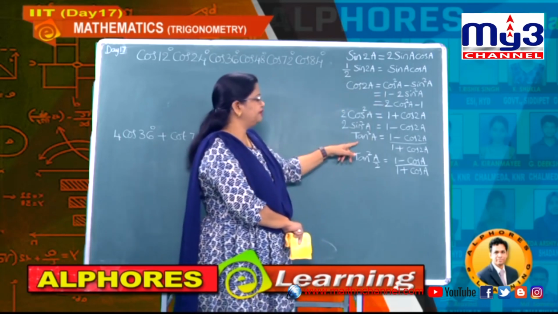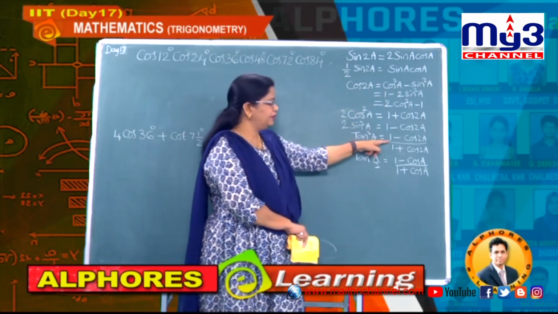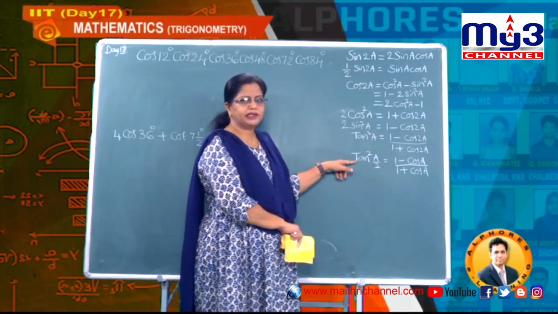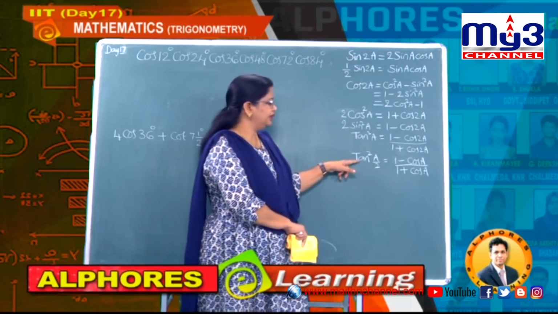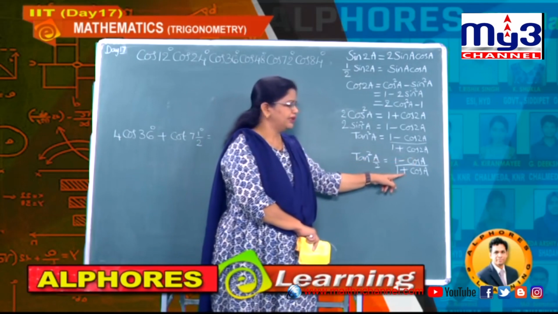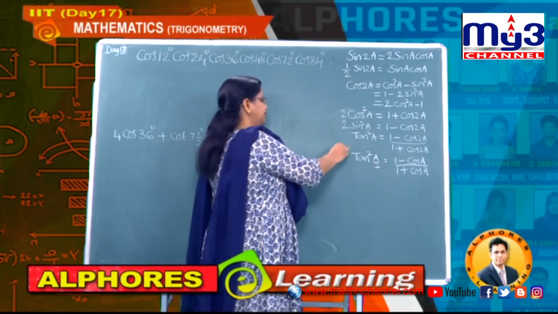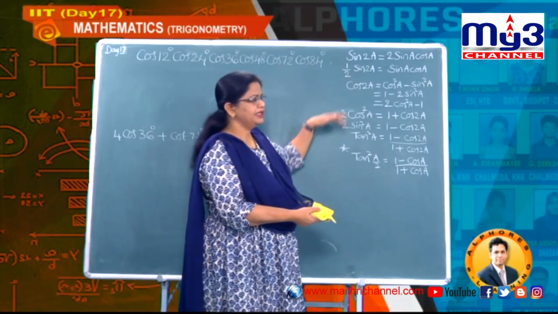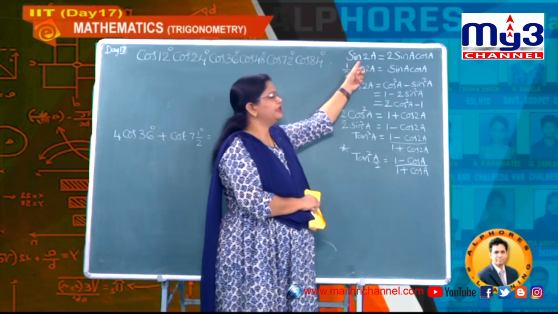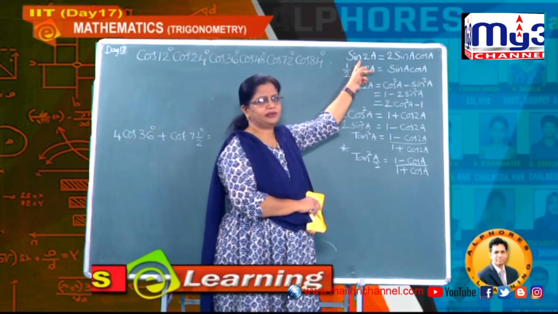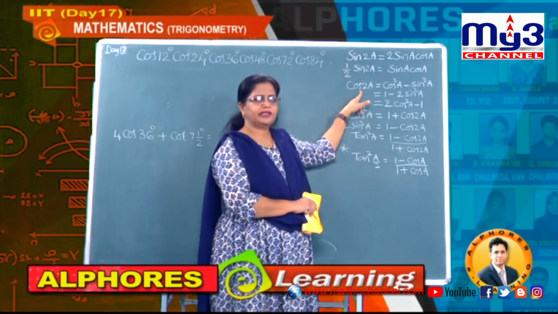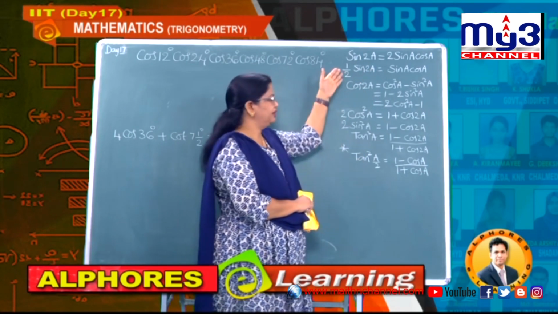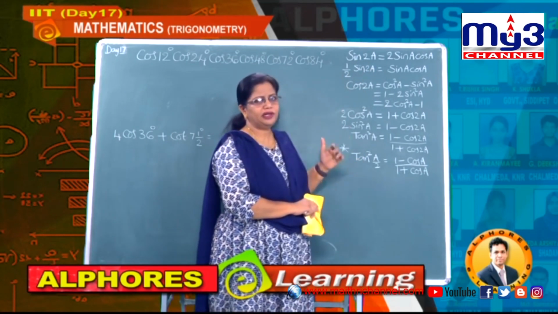And next one, tan square a, if you divide this by this, then you obtain this one. Again, in many problems we use this concept, that is tan square a by 2, and this tan square a by 2 is nothing but 1 minus cos a by 1 plus cos a, which is very important because many times we require this formula, okay. And these are essential formulae. Along with that, sin 2a is 2 tan a by 1 plus tan square a, and cos 2a is 1 minus tan square a by 1 plus tan square a, like that. These formulae we use many times in our problems.